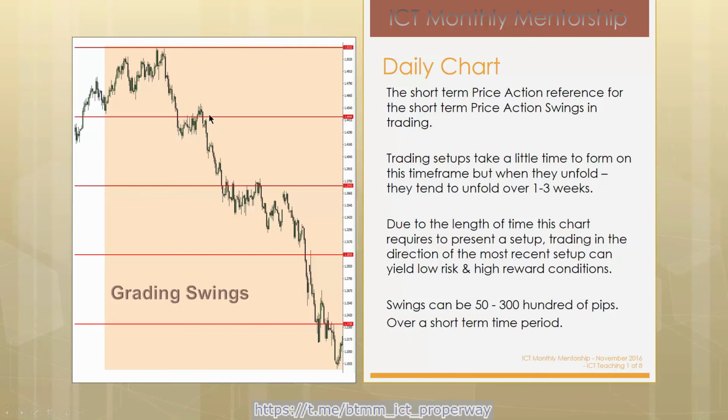We see a setup in here. Okay, the market trades lower. We go into equilibrium. The market does what? It trades lower, comes right back to equilibrium, and expands again. Comes back one more time, returns into the range, sells off again. Market sells off, comes back up, fills in a void, sells off again one more time, and hits the terminus of the move. Now think, all these things that we've been teaching so far, they're repeating themselves, but this was all outlined on a monthly chart. The trading ideas are refined further by breaking down the monthly chart into a weekly chart, and then the weekly chart breaking that down into a daily chart.